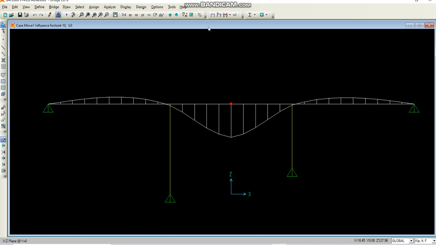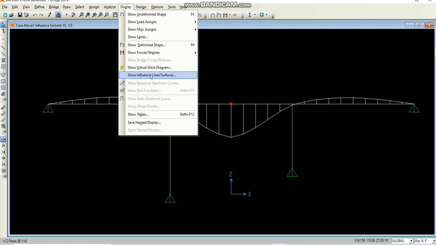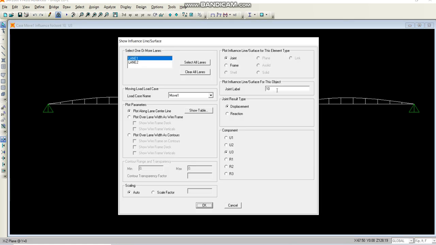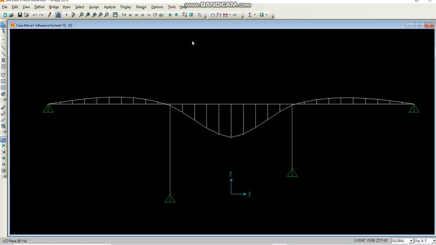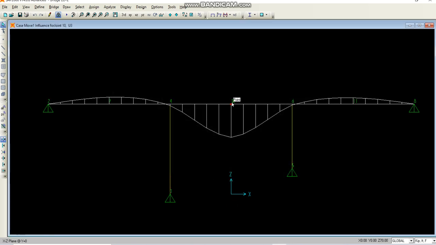Okay, so we left it here in the previous video, and I am just completing this thing. You got the influence line. You know the point is blinking because we have selected joint 10. See, joint label 10, and let me show you those labels. Okay, so this was your joint 10. That's why it's blinking, that we are in response to this point, we are drawing all the things, this